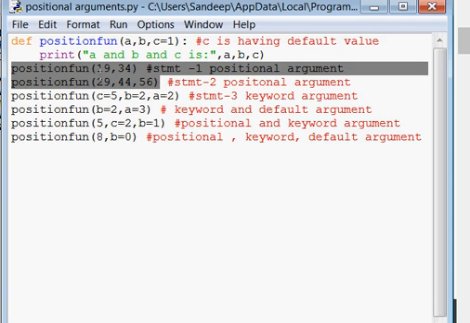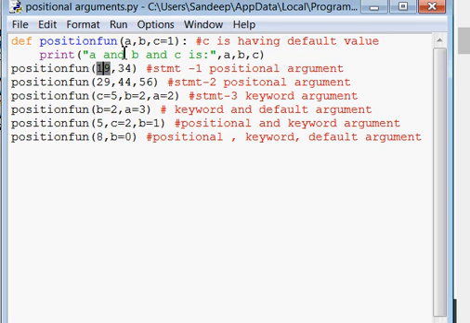In these two statements, you can notice that the first value is passed to the first argument, meaning the position of the argument. The first value is passed to the first argument and the second value is passed to the second argument, whether it is A, B, C or D, irrespective of their names. The values are passed according to the positions. So 19 is passed to A, 34 is passed to B, but for C you have not mentioned any value, so C has value 1 only.